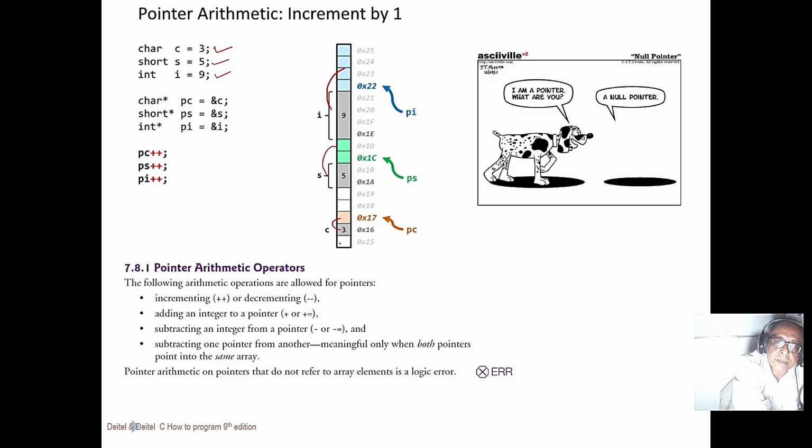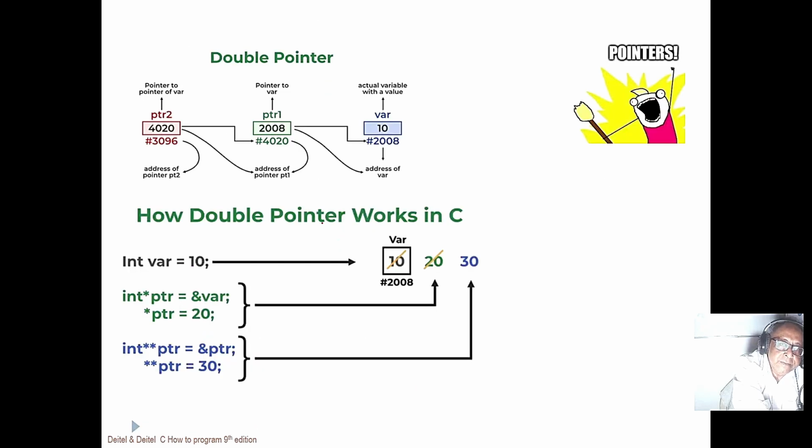So the next slide is double pointer. A pointer can address a pointer, like here we have a pointer whose address goes here. It is not preferred for typical cases. We can have a double pointer, even more than one level, but it should be used very judiciously, otherwise some error might come. Here you can see the integer variable is 10, then the pointer changes it to 20, and finally, whenever I assign through the pointer 30, the actual value changes to 30.